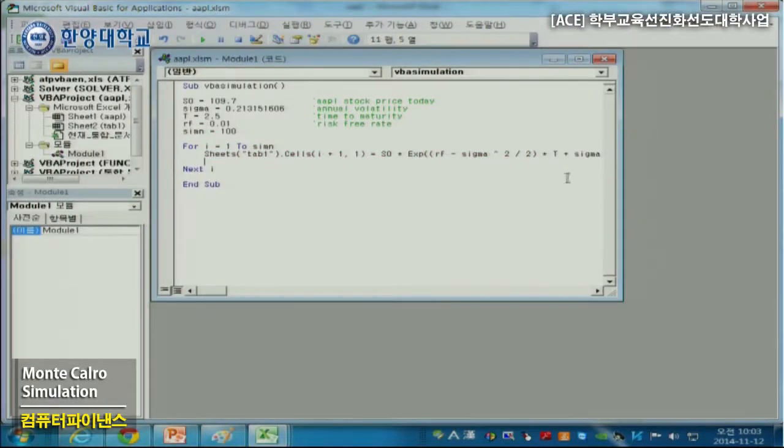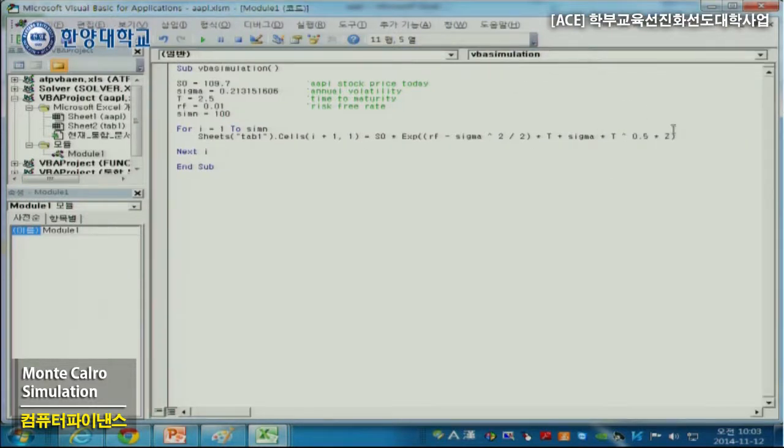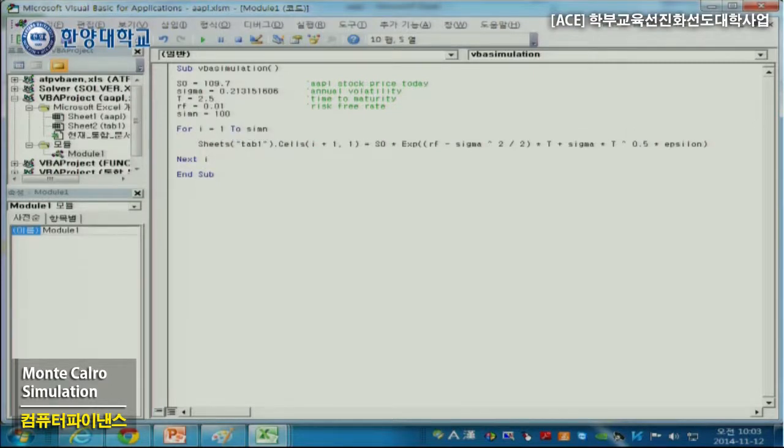Okay, Z. Well, this is 2 row. And then I have to define this epsilon, okay? Epsilon, random number. And then epsilon is, I have to call worksheet function, and then I have to call norms inverse function and RND. In Excel Visual Basic, RND is random number from uniform distribution, and then actually this is still wrong, and then